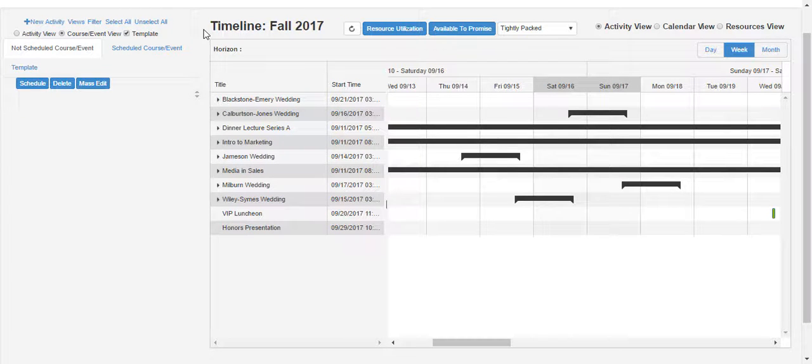This is a demonstration of the FAST scheduler using the context of an event center. That's a facility that hosts special events like weddings, conferences, training sessions, or similar activities. As we'll see later in the demonstration, it also illustrates the kind of scheduling that would be done by a